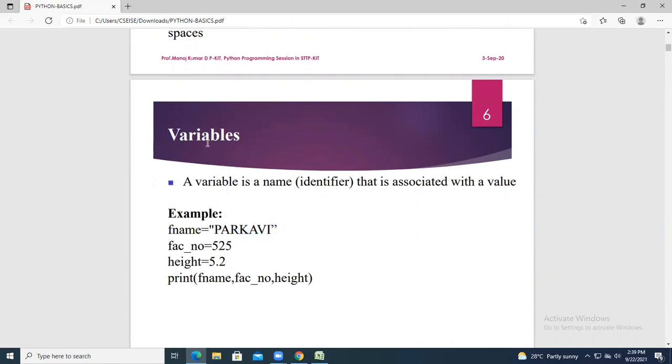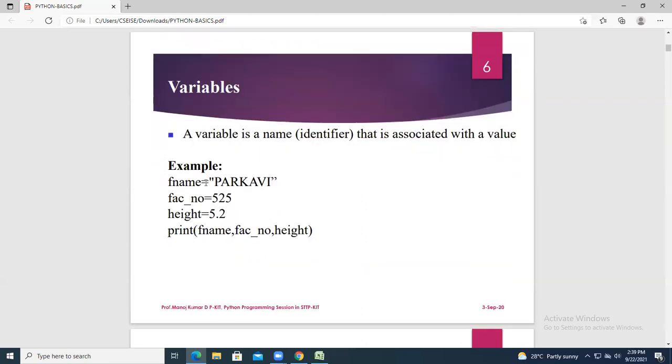So first concept, variables. As you all know, a variable contains a value. A variable is the name or identifier that is associated with a value. For example, here we can take a variable fname and give a value which is a string value.